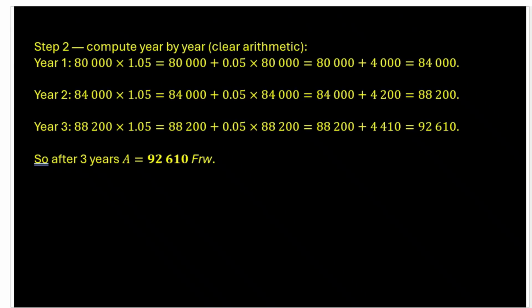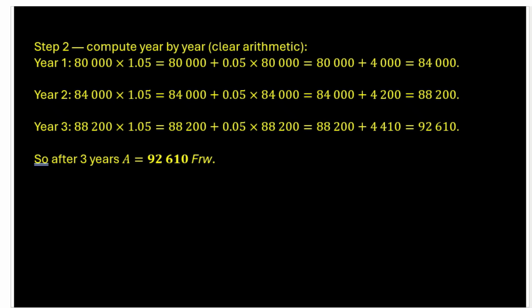So this is the method number 2. To do this question in method number 2, you have to find the interest of each year, which means you don't have to power 3. You don't have to make the power 3 by using that formula A equal to P. You only use P times 1 plus R without powering it.